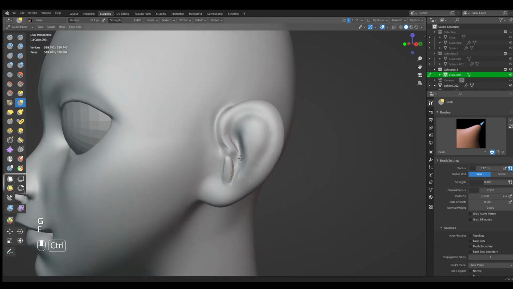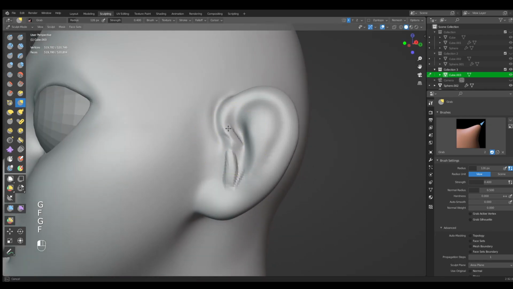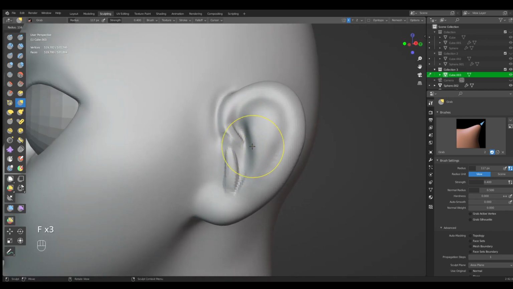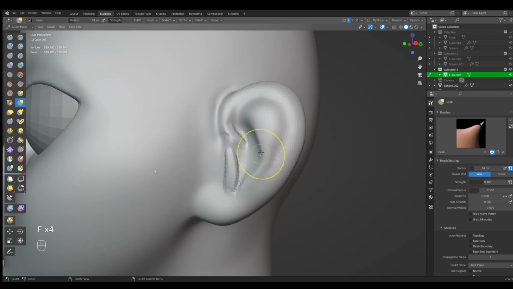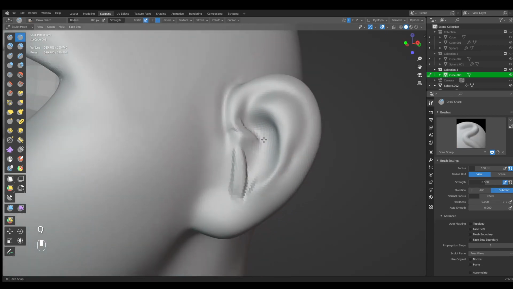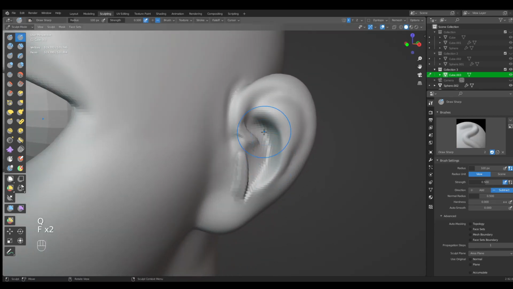I drew it in a bit too low, so I'll drag this one a bit higher. With the grab brush tool, I will shape something like this. And again, with the draw sharp,